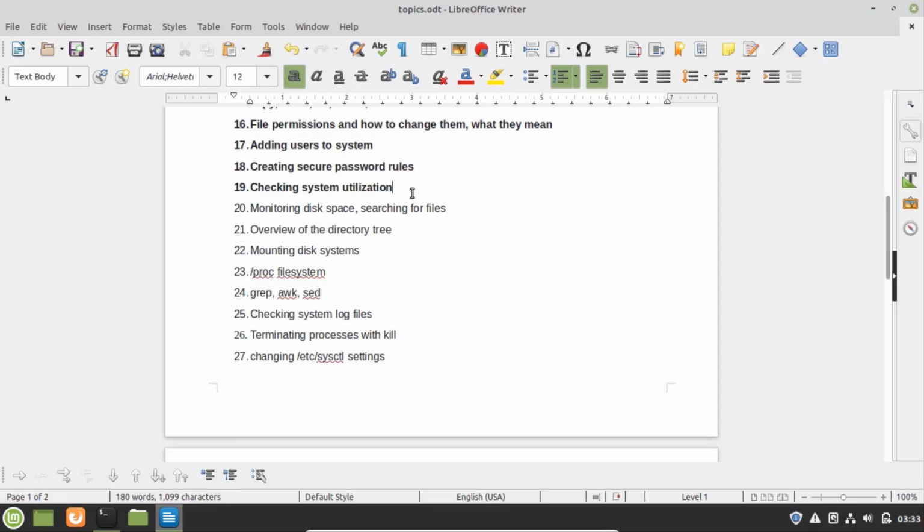So checking the system utilization and maintaining the system utilization is very important. So in this topic, we will see multiple commands that we can use to check the system utilization, and moreover, we will discuss a graphical tool that we can use to check the system utilization. So first of all, we will talk about some terminal based commands. So the first command that we are going to discuss is the top command to view the Linux CPU load and the memory usage. So in order to run the top